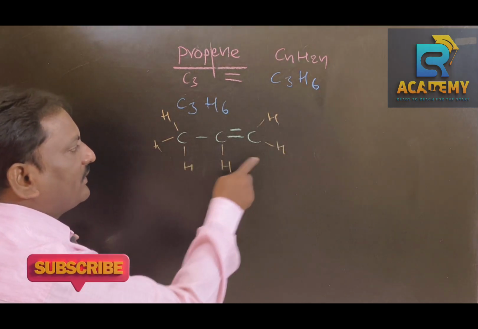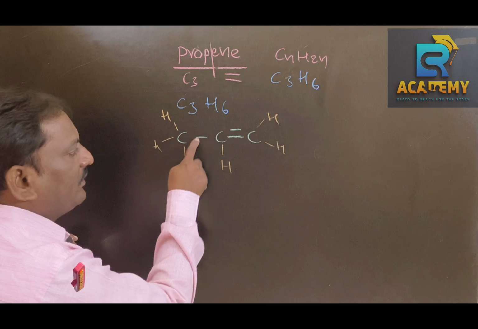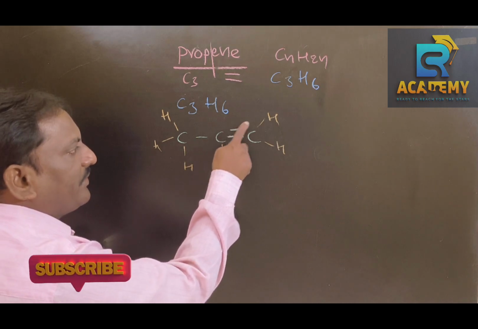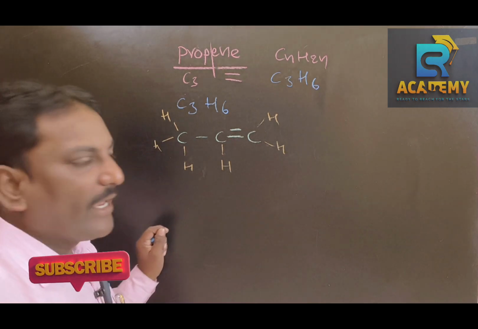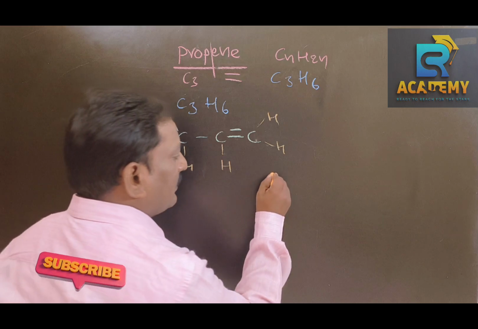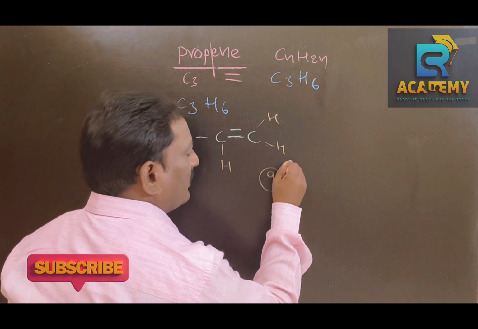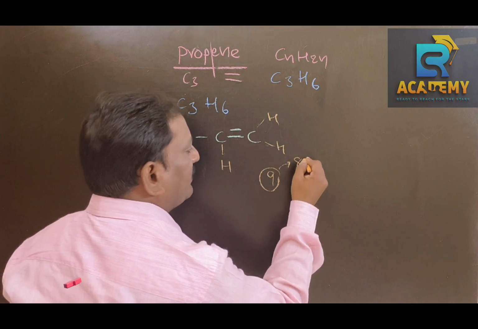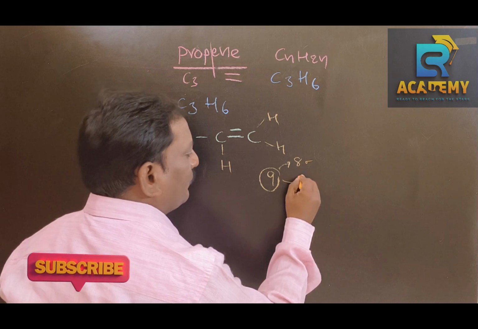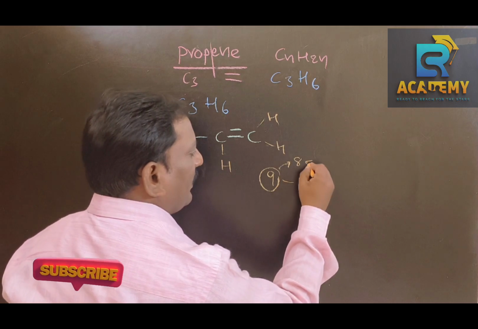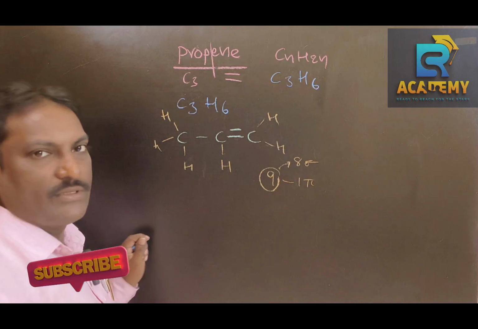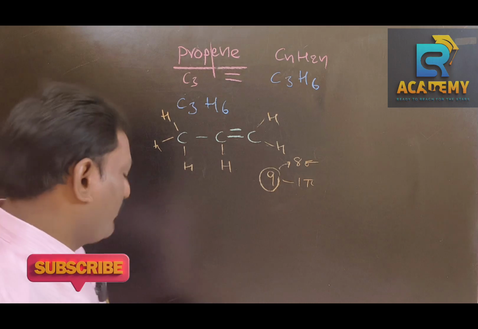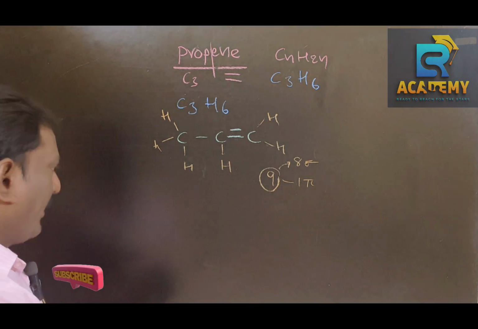How many covalent bonds are there? 1, 2, 3, 4, 5, 6, 7, 8, 9. 9 covalent bonds are there. Among the 9 covalent bonds, 8 are sigma bonds and 1 is a pi bond. Next one,